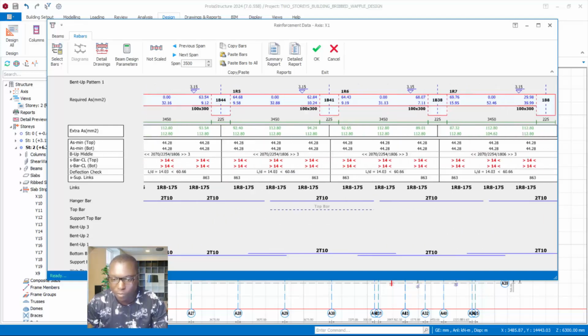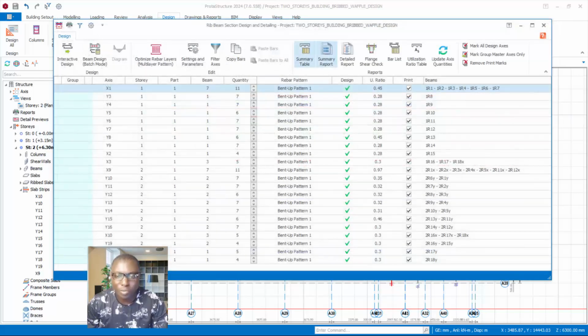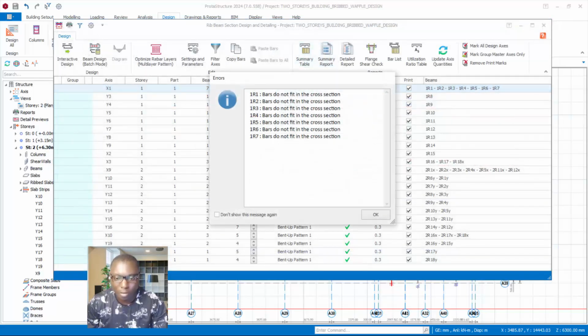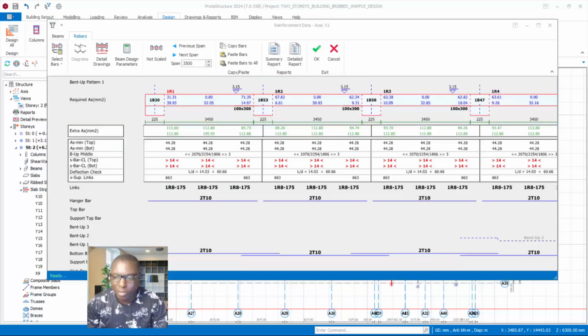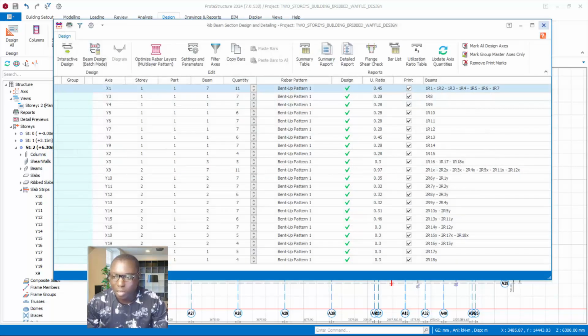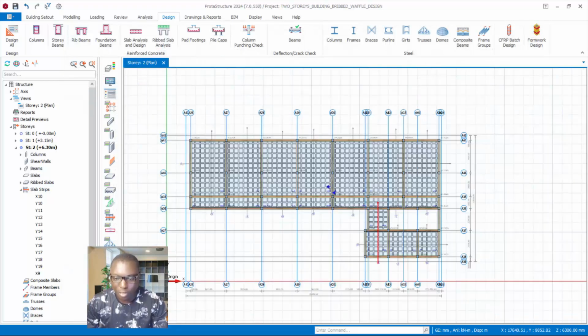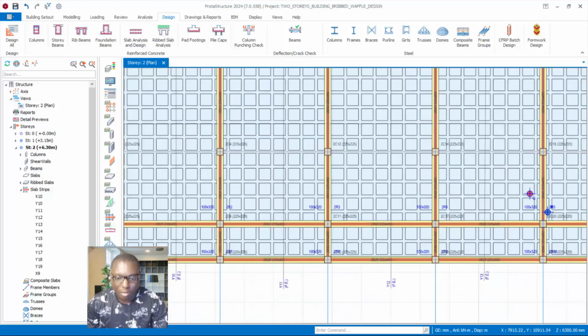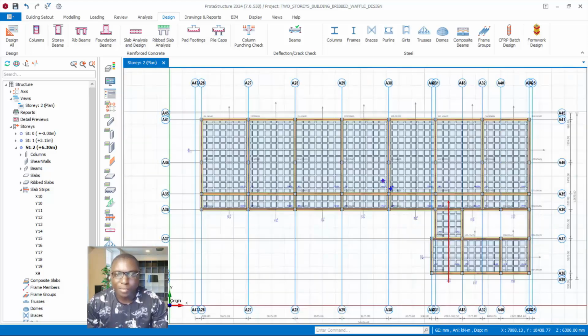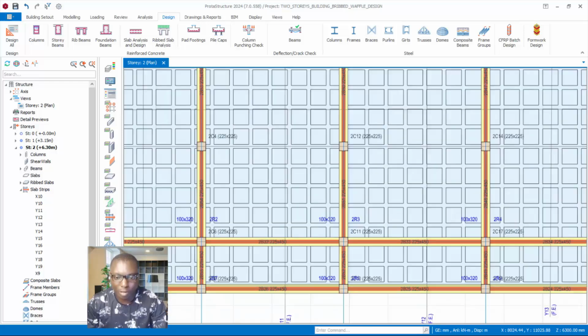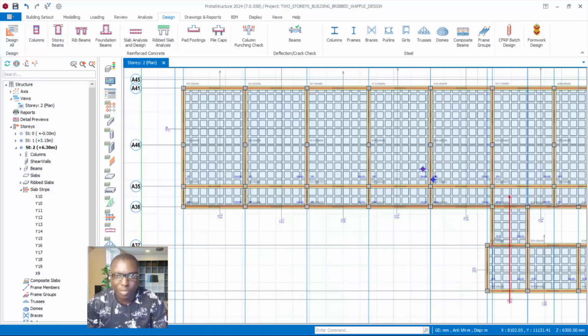is being generated successfully. But another thing you need to look at is this issue, you see, bar do not fit in the cross section. How do we rectify this kind of problem? Okay, so we click on the OK options, and then we have to close this and then close this. I want to rectify that issue now. So we rectify that by increasing the section of the secondary beams, which are